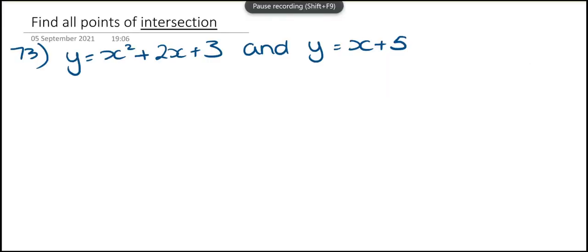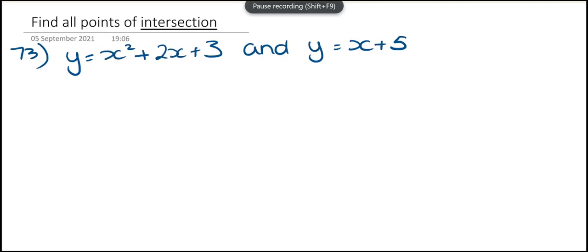Okay, finding all points of intersection. So this question, y is equal to x squared plus 2x plus 3, so we have a quadratic, and y is equal to x plus 5 is a linear. So we need to find the intercepts where they cross each other. So we can do this